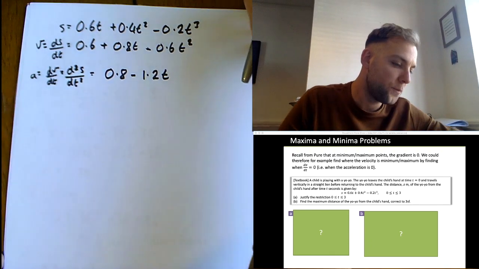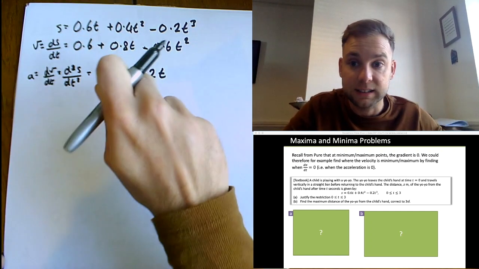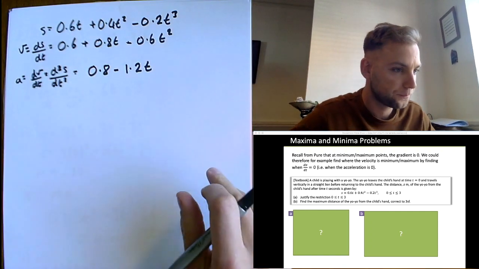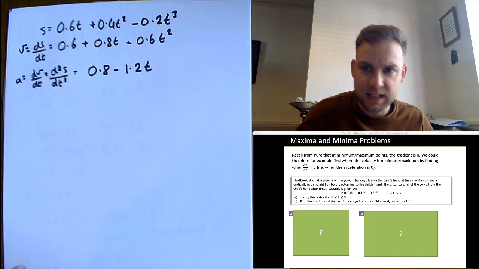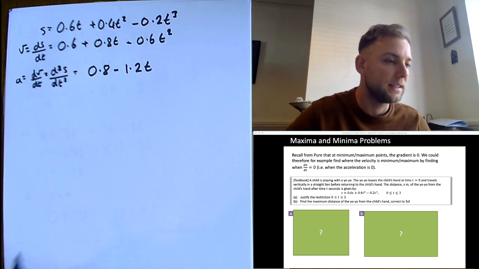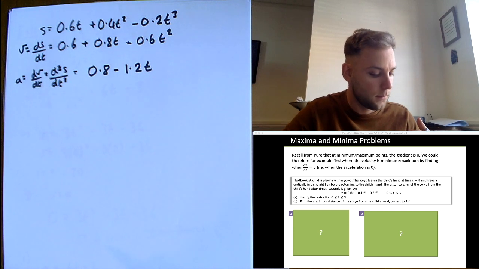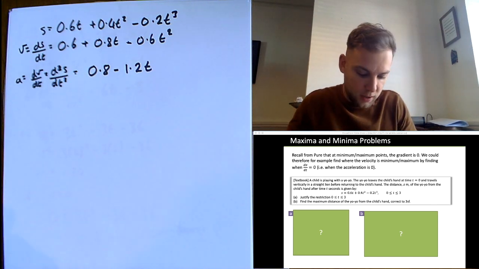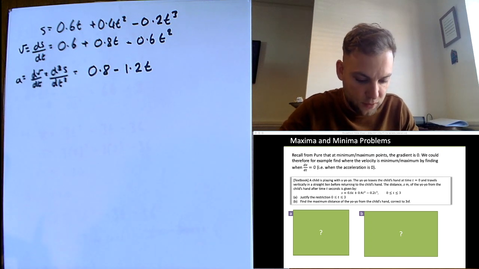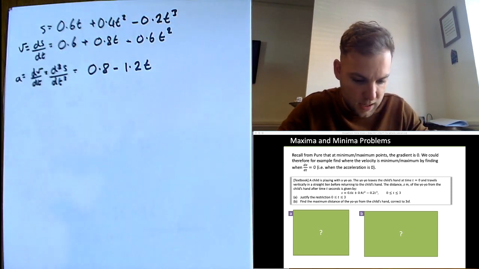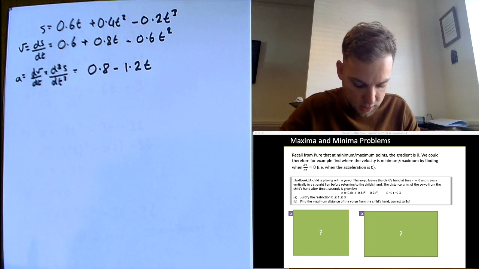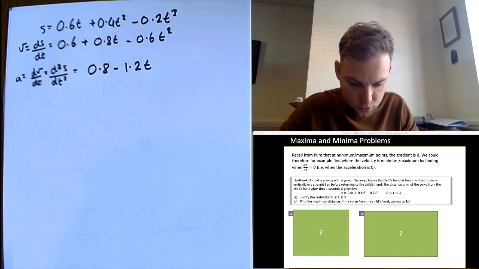Super. So we've now got our displacement, we've got our velocity, we've got our acceleration. We've got all of these things. So it says justify the restrictions between 0 and 3. Let's think about what our displacement is going to look like of this yo-yo. So let's use our calculator to sketch the graph. So we'll get the polynomial up. Degree order 3 this time. I will need to put it in the order of this one here. Don't have anything over here, so it's going to be minus 0.2